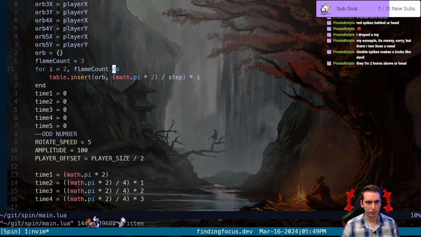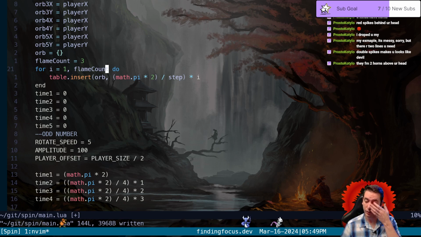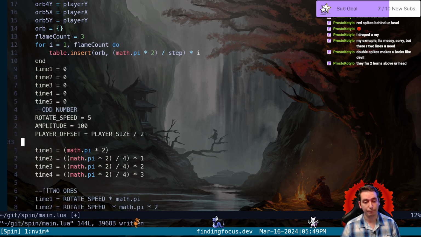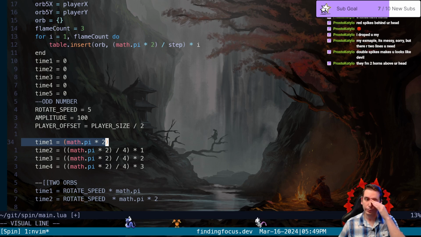No. It's that we would want to... Our first step is a times 1, but that would be on the... My brain. Because yeah, if orb 1... Gosh, it's like orb 1 is its own thing. Because it's always going to be math.pi times 2. So it's like if we always have orb 1 as its own thing, then we can say any subsequent orb